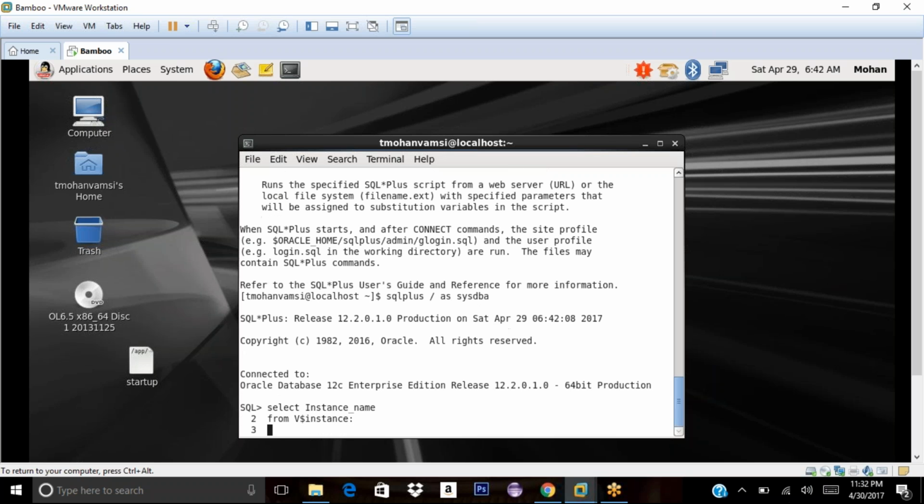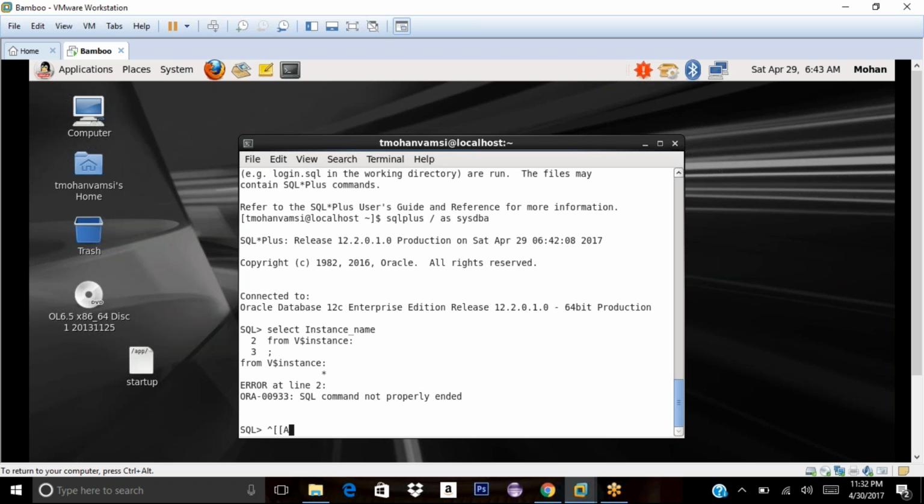Hit enter. You have entered a colon instead of a semicolon, so I think it will fail. Put a semicolon and let it go. Okay, correct it and run it again. Select instance_name from v$instance;